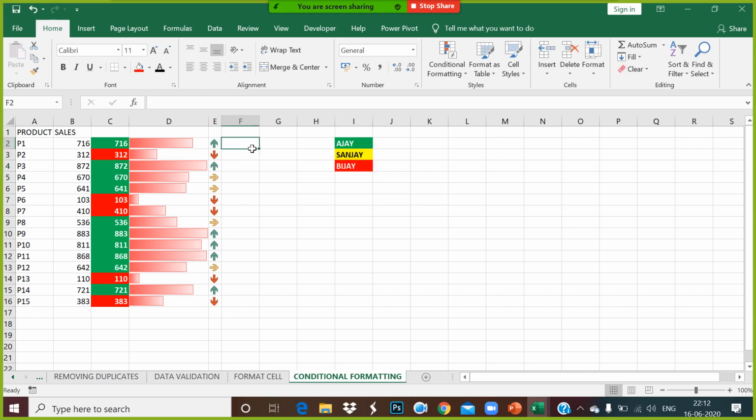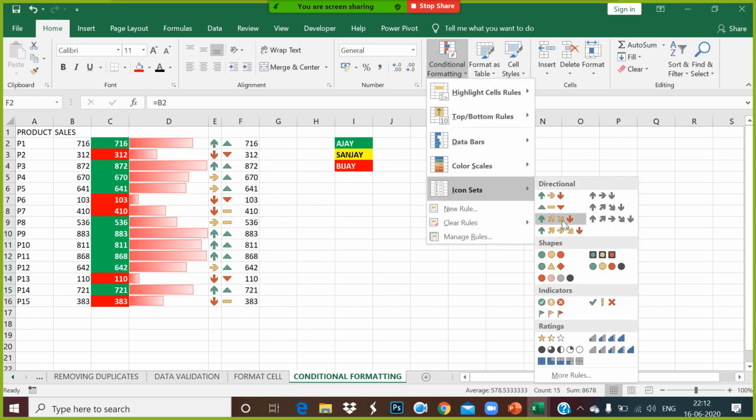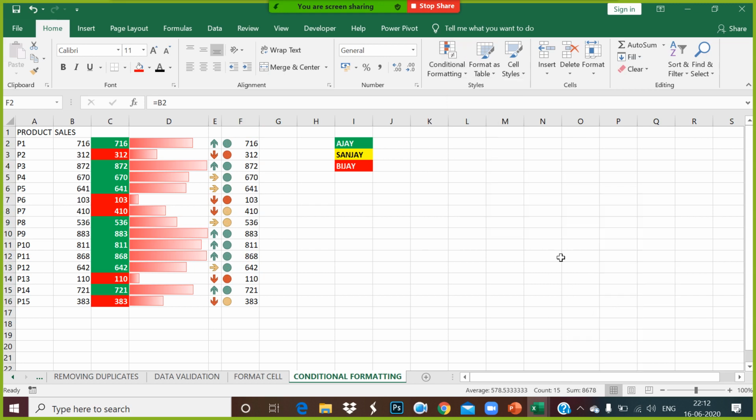Sarda asked, how did you remove that arrow mark, and show only the number? Sarda, this is the value you have, right? I go to conditional formatting and choose icon set. Let's say this time I choose this icon set. Now, I don't know how this green color is coming, how this red color is coming, how the system is defining this yellow color. What rule is given at the back end? I don't have any idea.